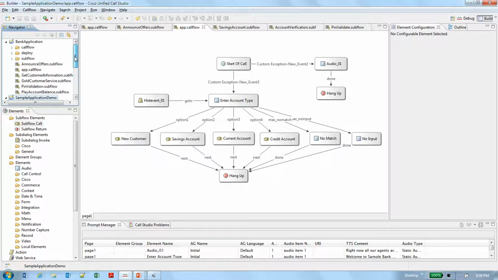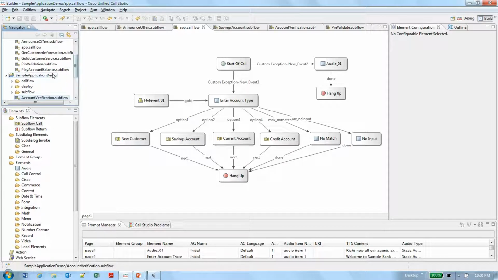I have another application called bank application, which has a similar type of logic. I want to copy this account verification subflow from the sample application demo to the bank application.